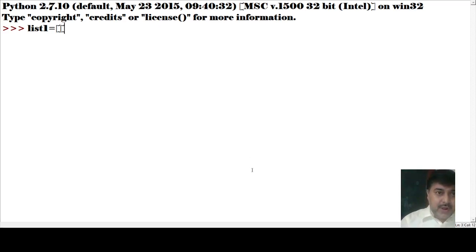In this bracket, suppose I write physics, then a comma, then I give 89, then I close it, and give one comma here. As I give the comma, I am declaring this particular part.